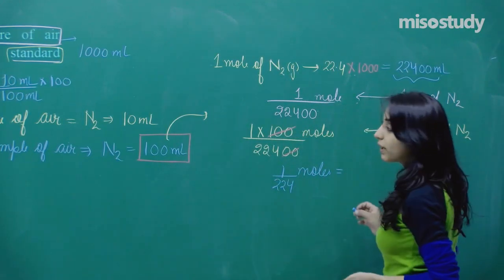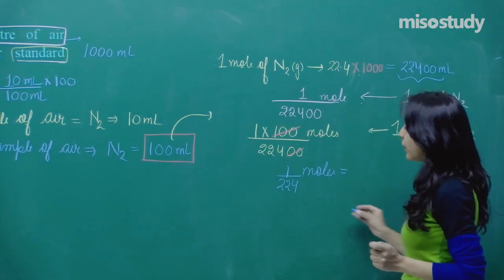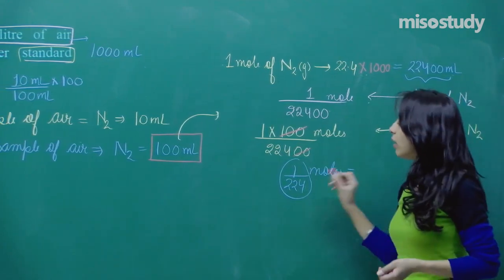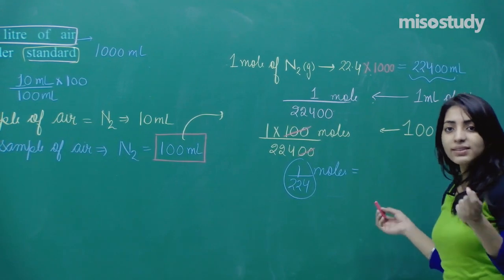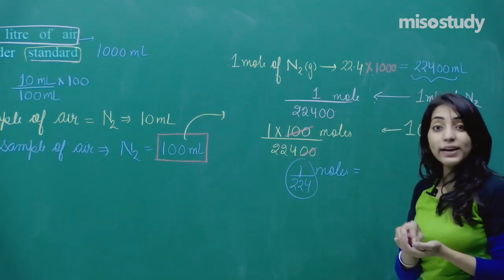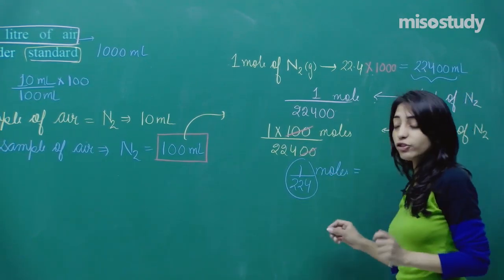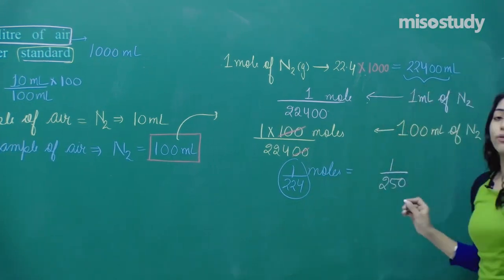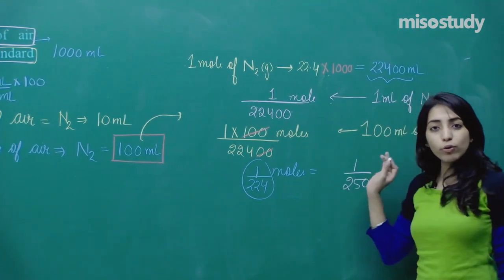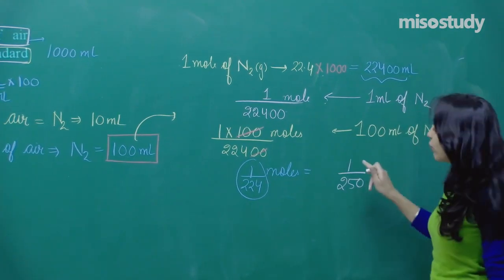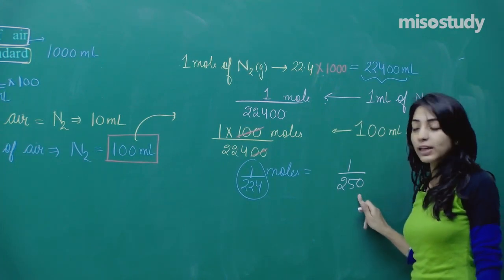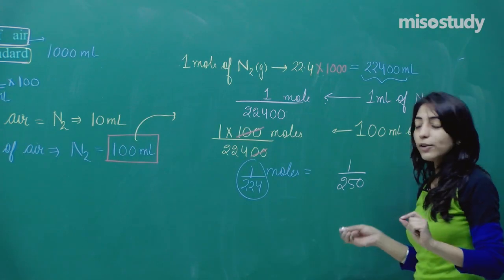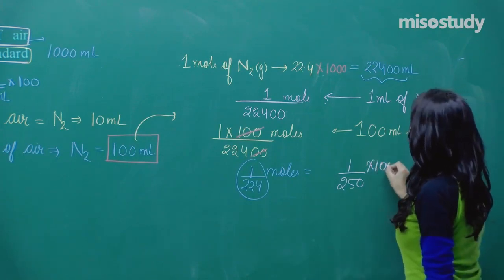And the answer should be something coming out to be, guys, see, I am not solving it. 1 by 224 is something which I need to solve. I will not spend time doing the division. Can I write 1 by 224 as something close to 1 by 250, right? Now if it would have been 1 by 250, then the answer would have been 1 by 250 multiplied by, let's say, 1000.